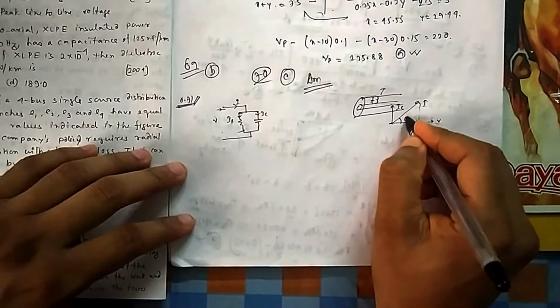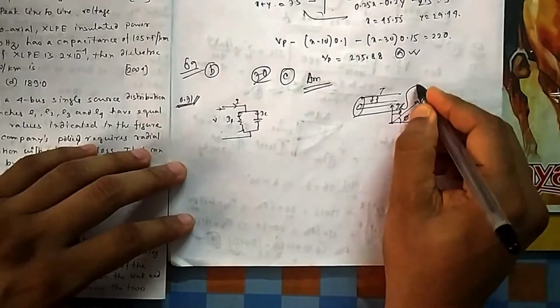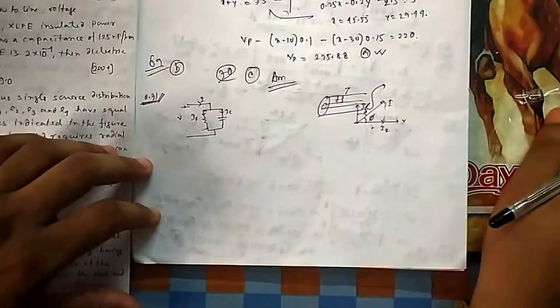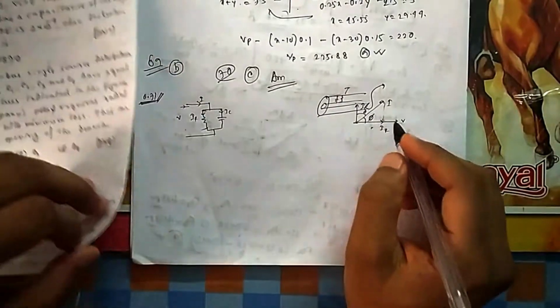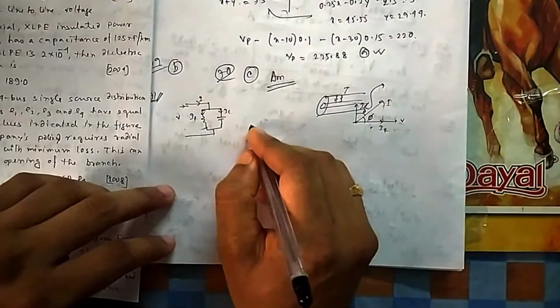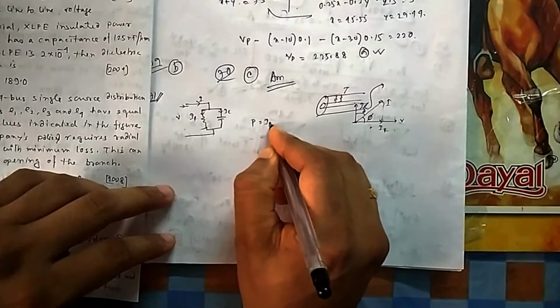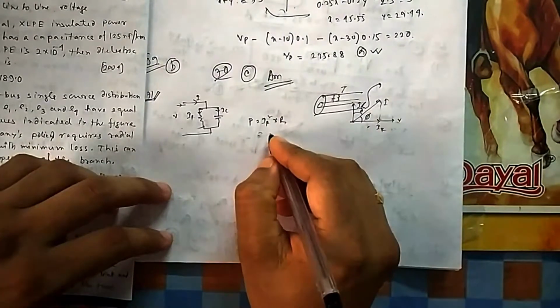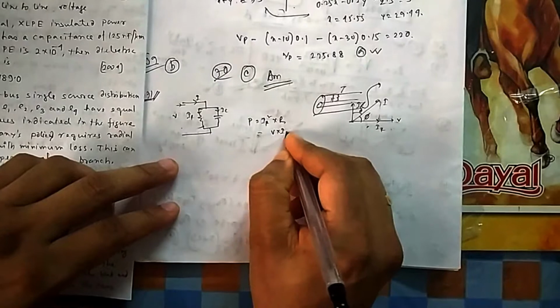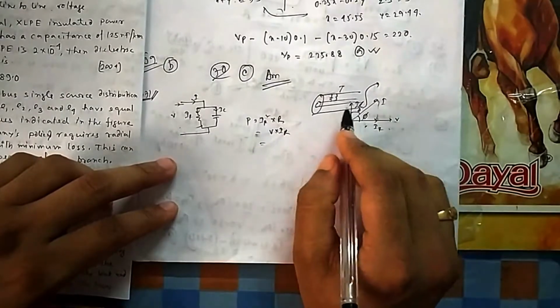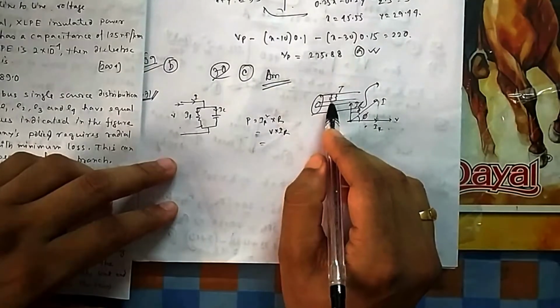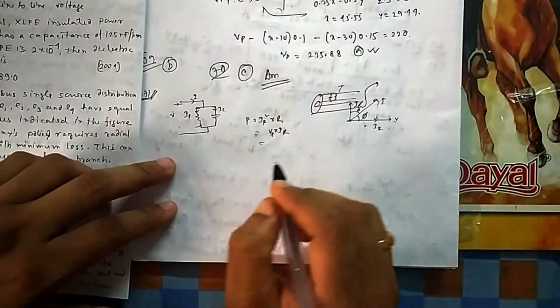So this angle is delta, that is tan delta, the loss tangent angle. So tan delta is given to you. Okay, so what is the power loss in this circuit? Power loss will be equal to IR square into R, or you can write it as V into IR. Okay, so what is this voltage? This voltage you have to be careful. This voltage is the phase voltage, phase to ground. So it is VP, let me write it.